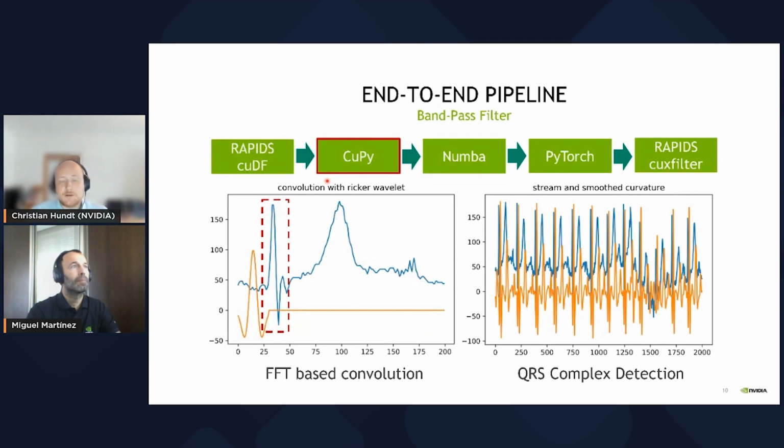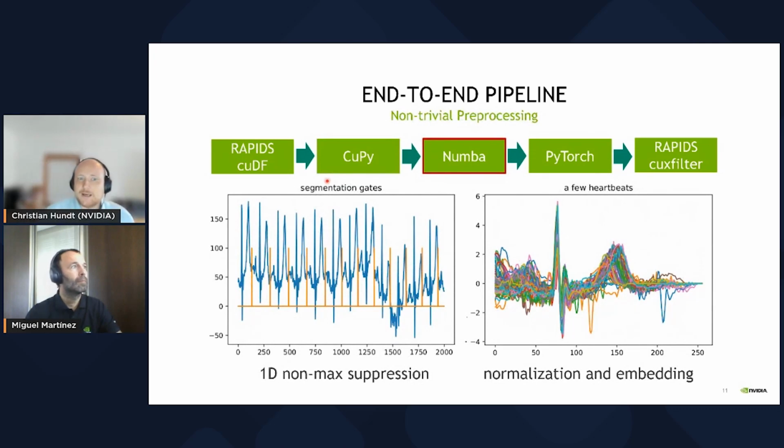Going on, on the next slide we can see that we would then want to embed the heartbeats of potentially different length into a data matrix of fixed shape. There is no good, convenient tool to do that either in RAPIDS or CuPy, but it's very easy to do by writing a custom CUDA kernel in Numba, which is basically writing a CUDA kernel from within Python. It's actually not hard. You can see it in the notebook. Nevertheless, we have to copy the data again. On the right, you see the embedding. We basically embed each heartbeat in a fixed length vector of 250. We will also normalize it by removing the mean and equalizing the amplitude.